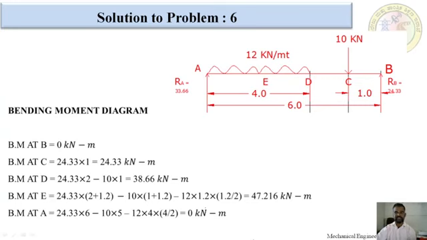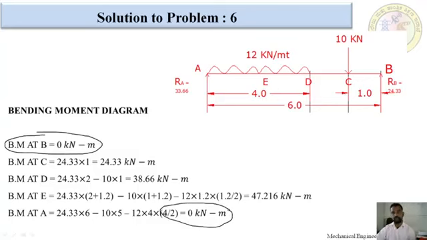Okay. Next, we will start with the bending moment calculation. Right, I already discussed that bending moment at B is always 0. Bending moment at A is always 0. If you do the calculation also, we will get 0 only. Without calculation, we directly write B and A as always 0. Next point is the critical point, C point. We have to calculate the bending moment at C point.